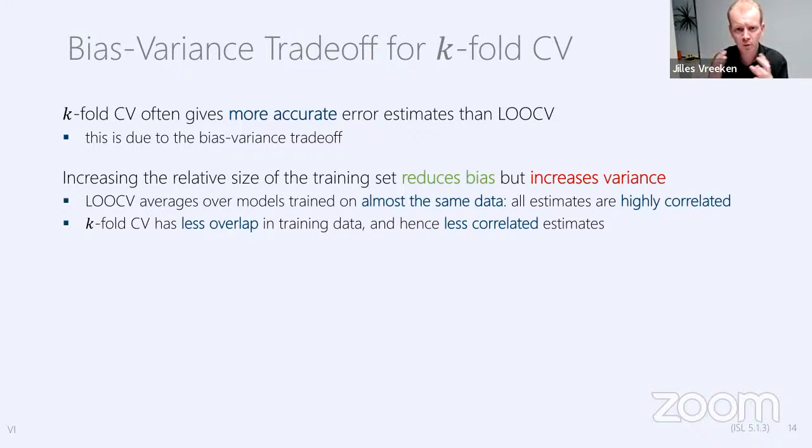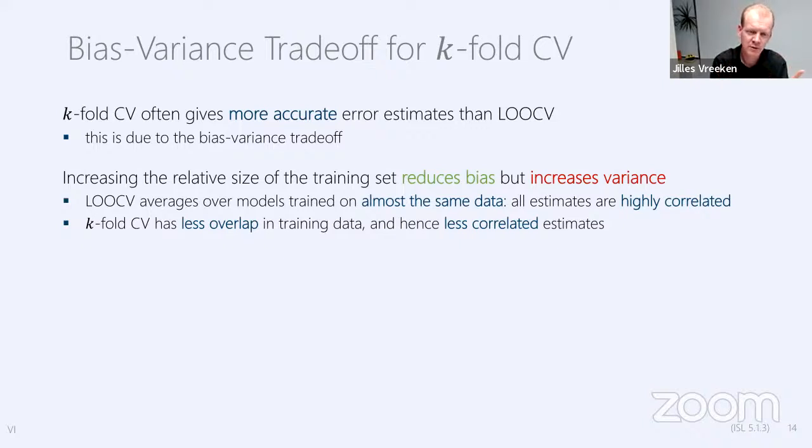There is an enormous overlap between this training data. That means that the models we discover in these two cases are going to be pretty much the same, right? That is, the estimates are going to be extremely highly correlated. So the variance bites us in the back basically all the time, right? So the bias on the one hand,